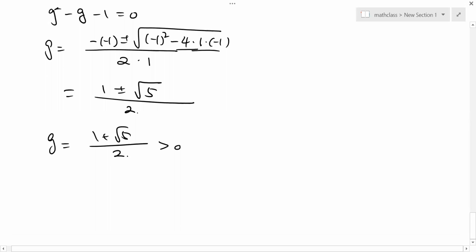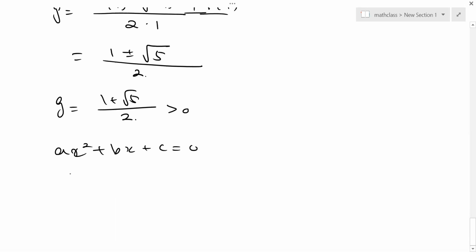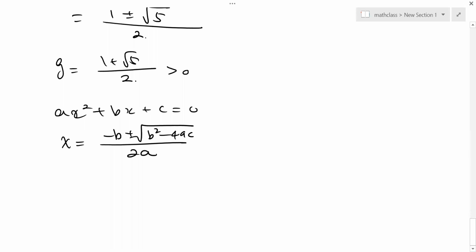Right? So here's the formula, right? ax squared plus bx plus c equals 0, right? The solution will be this, that's the quadratic formula. Okay? So in general you have two solutions. This so-called quadratic formula always gives a solution, but not always real numbers. Okay? So for example, if I try to solve this equation,